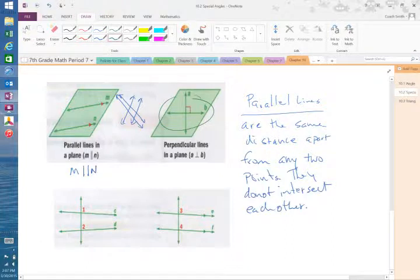Perpendicular lines are lines that intersect. You need to write this down. Perpendicular lines, this will be on a test that you're going to have on Thursday. Perpendicular lines are lines that intersect, forming four congruent angles. Perpendicular lines are two lines that intersect, forming four congruent angles. So we see here that the angle right there is our red box, which means what,